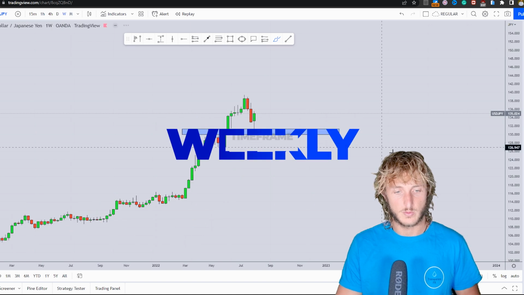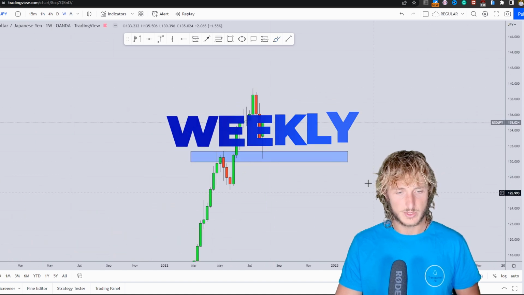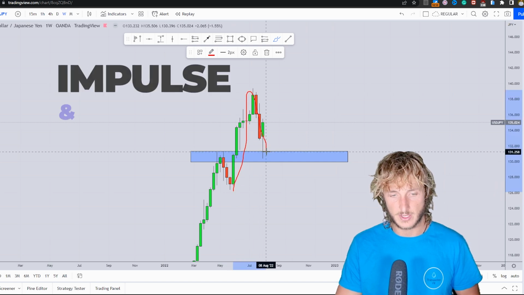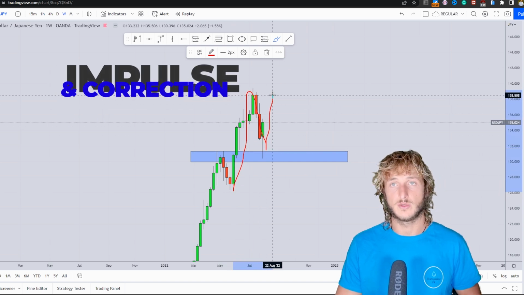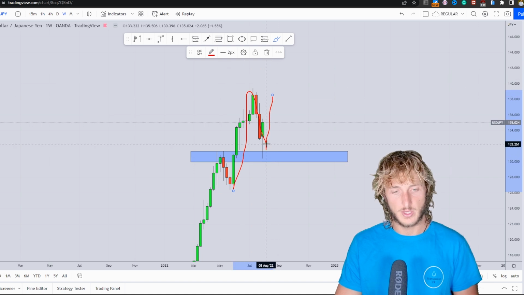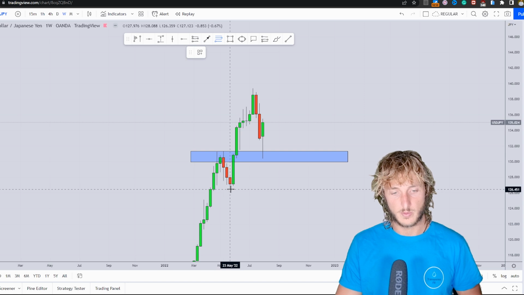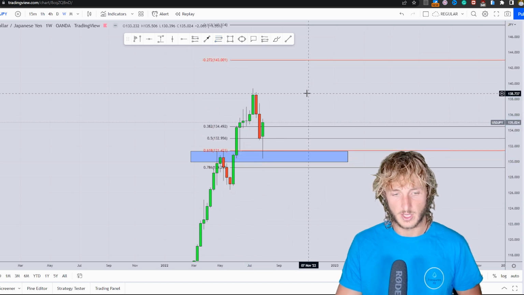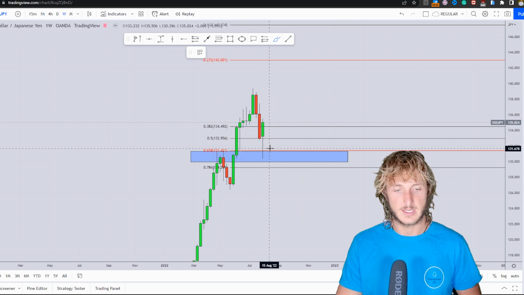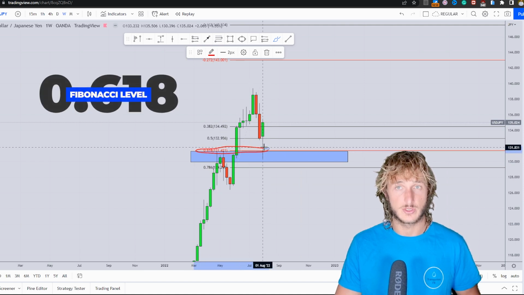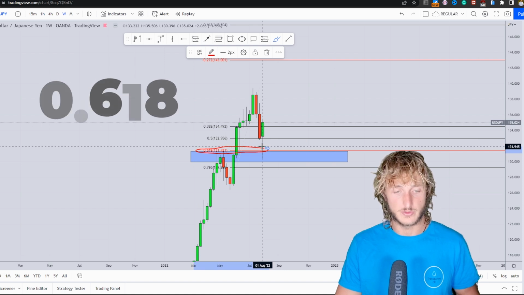Dropping down on the weekly, what do we have? Now, from a weekly perspective, we can see how the market just printed a strong impulse followed by a correction, and at the moment it just started the continuation higher. In general, when you have an impulse and you want to measure the correction, what you have to do is take your Fibonacci from the low to the high of the impulse, and what we can notice, in fact, is that we had a retracement exactly to the 0.618, which is also the golden ratio, a Fibonacci retracement, which is